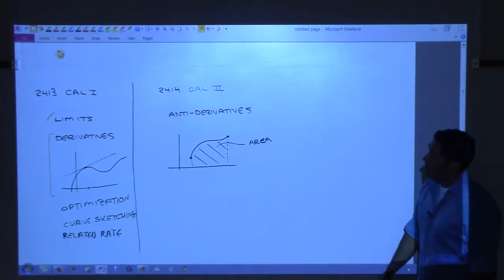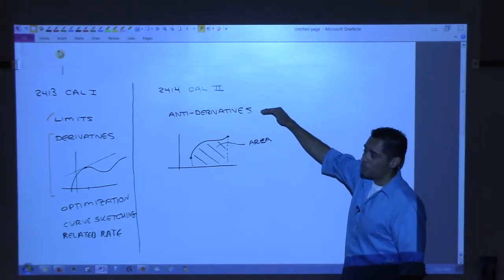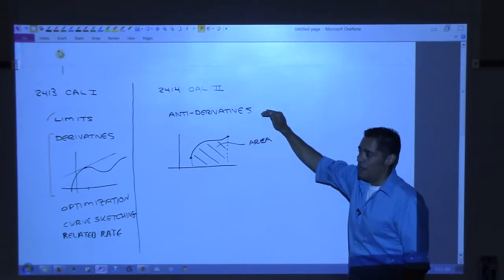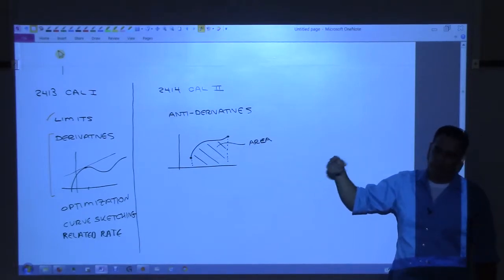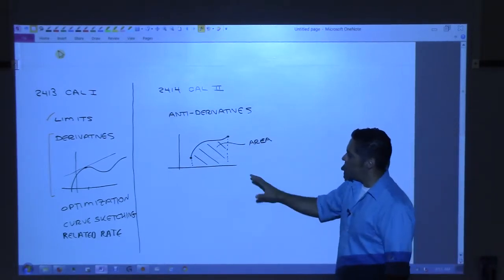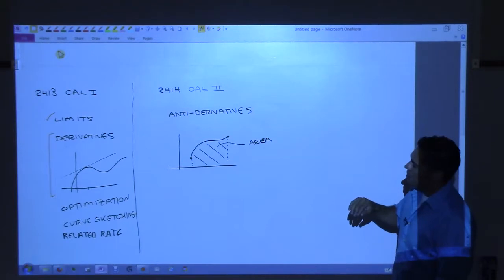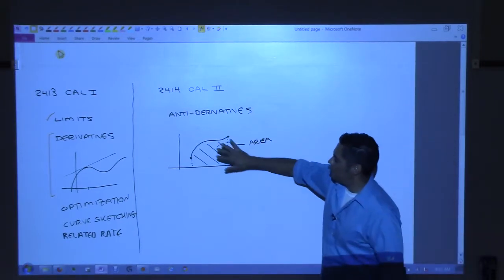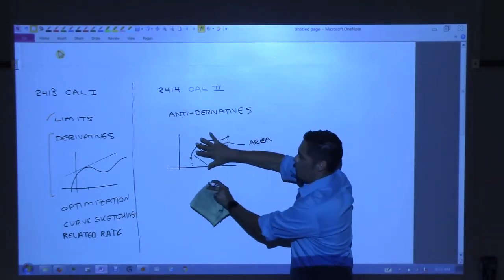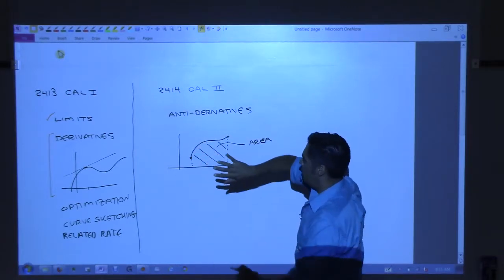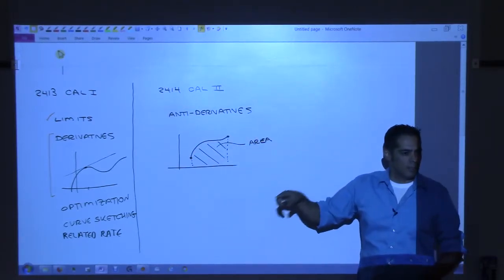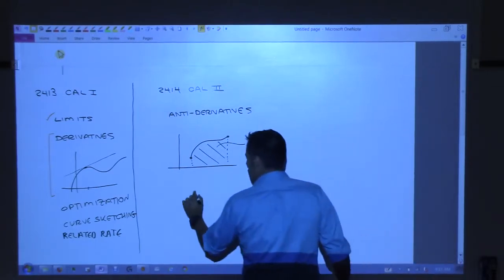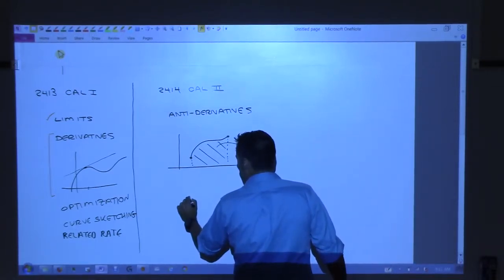So we are going to spend the first third of the course just practicing how to find antiderivatives. And then we're going to start talking about areas. And then after we do areas, I don't know if you can visualize this, but can you kind of see what would happen if I took the whole graph off the sheet of paper, and then just swung this entire graph around the x-axis? Do you see what I would get? It would be kind of like three-dimensional.